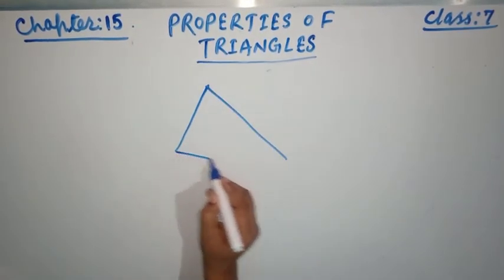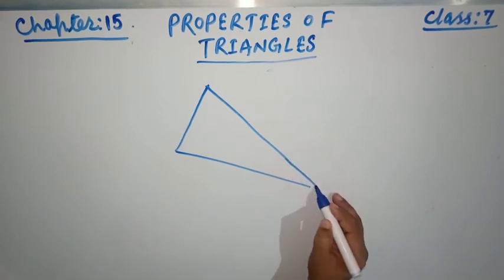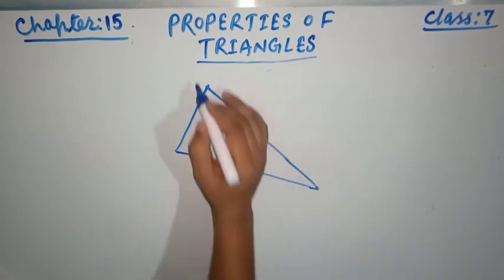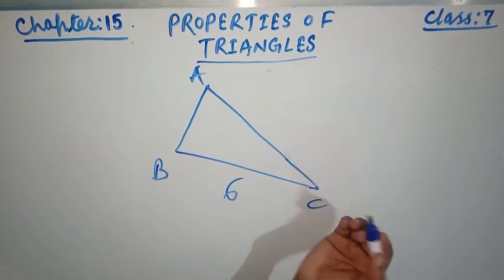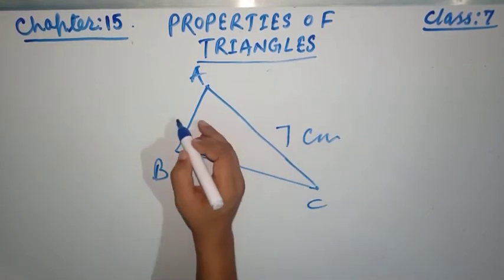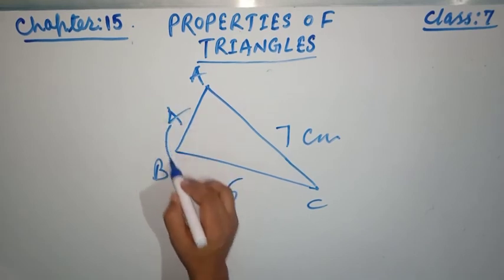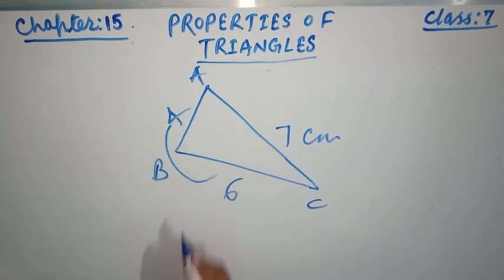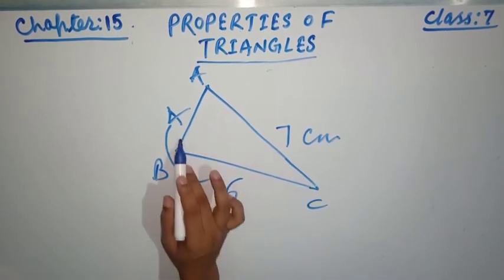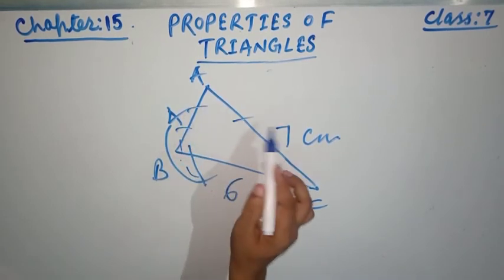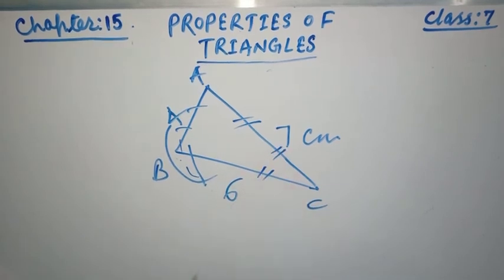Suppose, friends, this is the triangle ABC. Suppose this side is 6 centimeters, this is 7 centimeters, and this is 4 centimeters. So any two sides of a scalene triangle are different. These two sides are different, these two sides are different, these two sides are different. Okay friends,